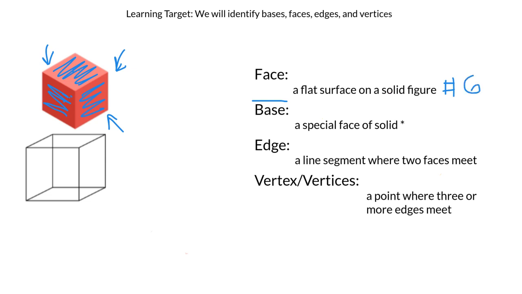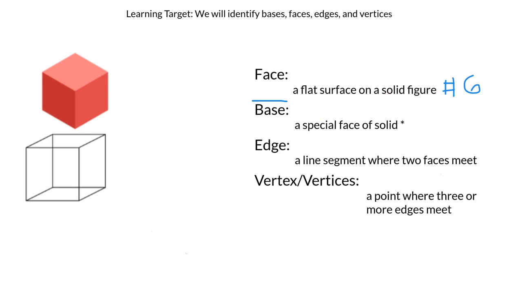Okay, the same thing here. This front part is a face. There is an opposite one behind it, back here. I know it's a little bit difficult to see. One here, so 3, 4, and then 5 for the top, 6 for the bottom. Okay, so a cube has 6 identical faces that are all squares. I'm going to erase that and we're going to move on to talking about